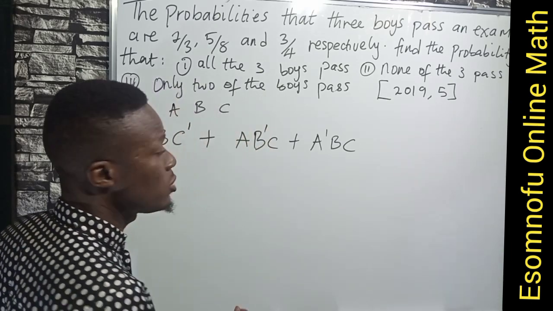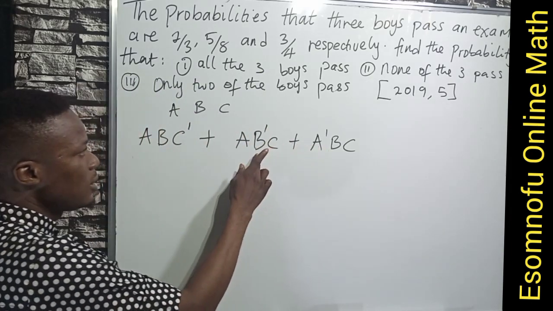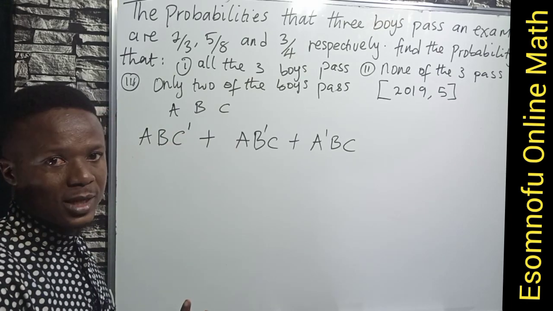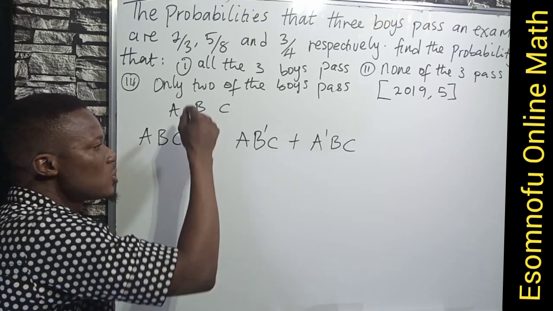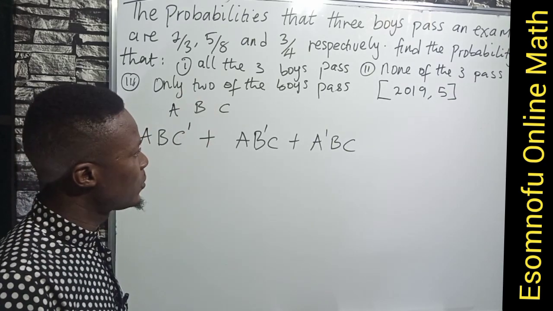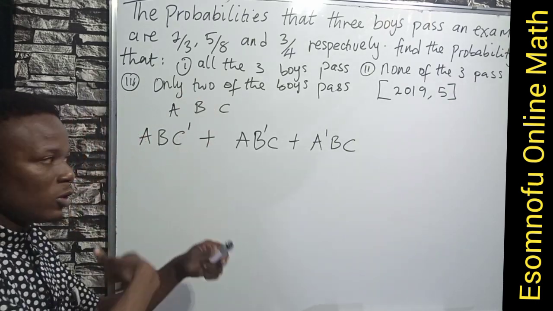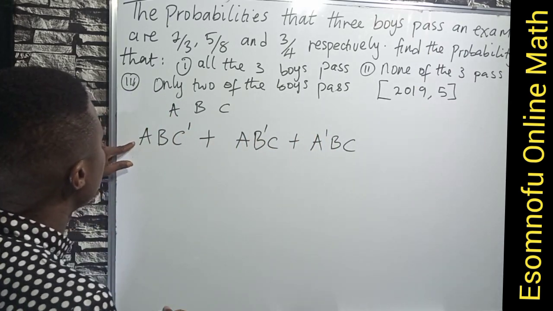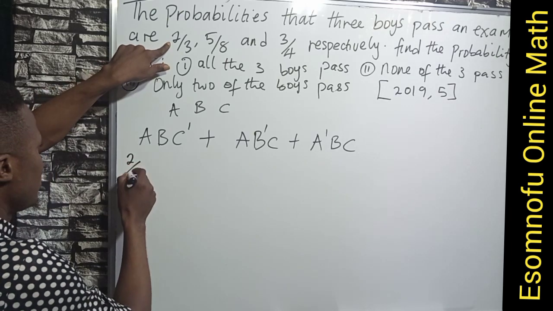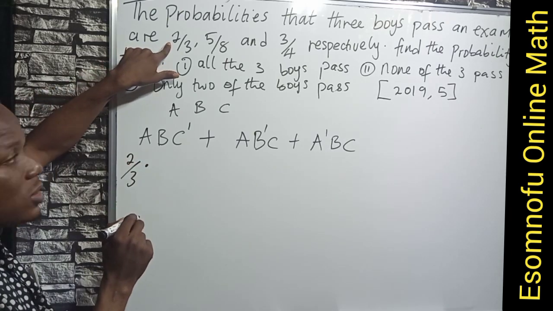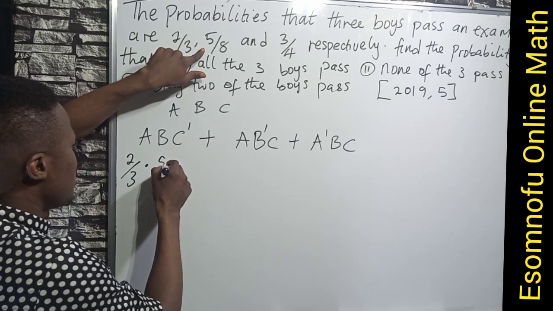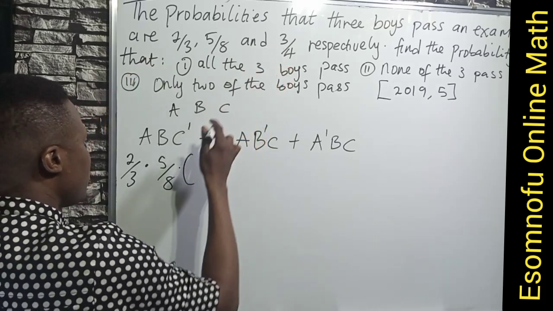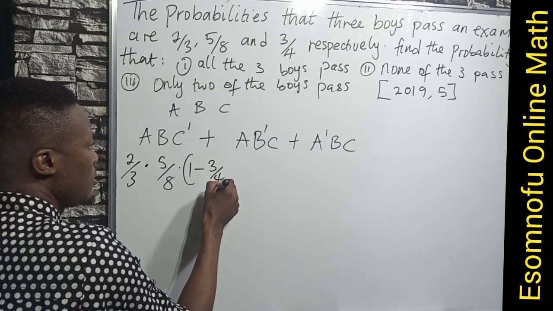So you make it in such a situation that A will fail once, B will fail once, and C will fail once. Combine it appropriately, you get the right set. So whenever you see this prime, it means 1 minus that particular probability, because this is either this or this or this. That is why you are seeing plus a sign. So from here, probability of A is the first person, which is 2 over 3. I'm using dot to represent multiplication. Probability of B is 5 all over 8 times C prime means 1 minus probability of C, which is 1 minus 3 over 4,